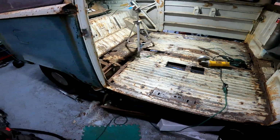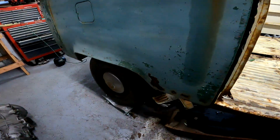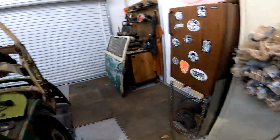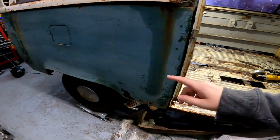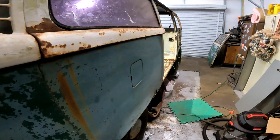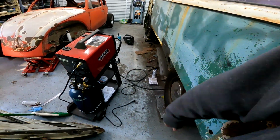I have ordered a bunch of metal. I got the rear quarter panel here. This is blown out. I got the door off. It is over there. So there's a bunch of metal coming. This quarter panel, I actually purchased the whole new quarter panel. This is the one that I had to replace the damage that I did there, but